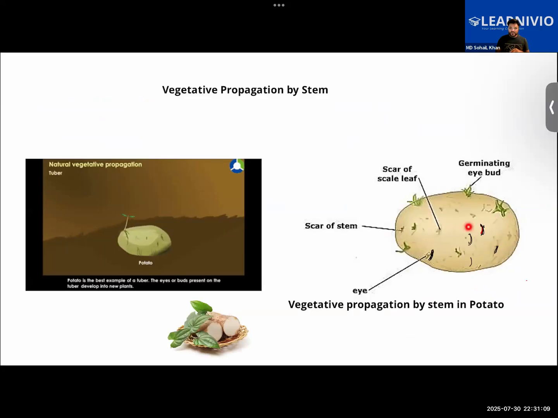Have you guys seen that if you have purchased potato from the market and if you were to leave it in a moist place for some time now,